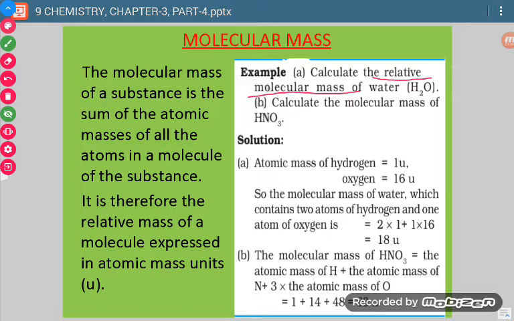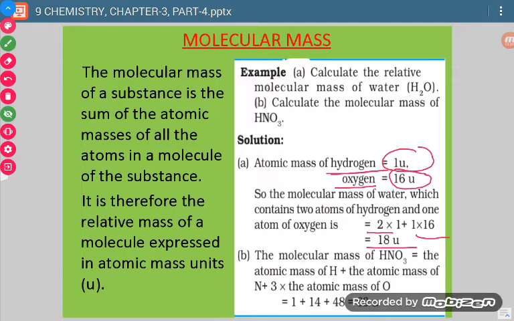Okay. So if we want to calculate the molecular mass of H2O or HNO3, then how will we go ahead? First, for H2O. In H2O, there are 2 atoms of hydrogen and 1 atom of oxygen. So 1 atom of oxygen weighs 16 unified mass, and the atomic mass of hydrogen is 1 U, 1 unified mass, or 1 AMU. So molecular mass will be the sum of these all. So 2 into 1 plus 1 into 16, it is 18 U, or we will say 18 AMU. Okay, so we can write either way, either 18 AMU or 18 U.